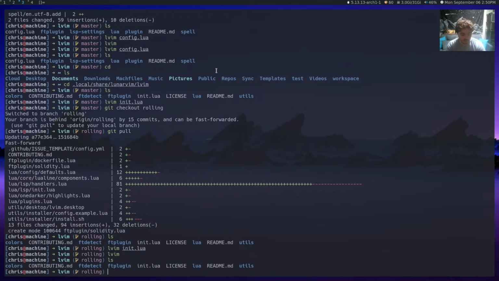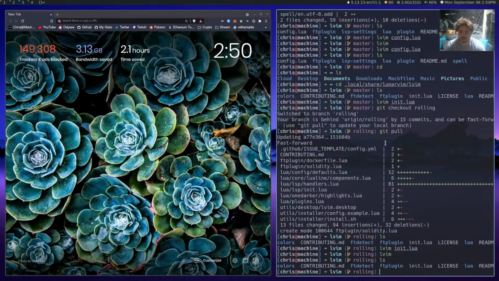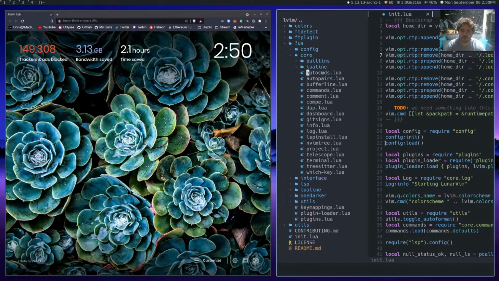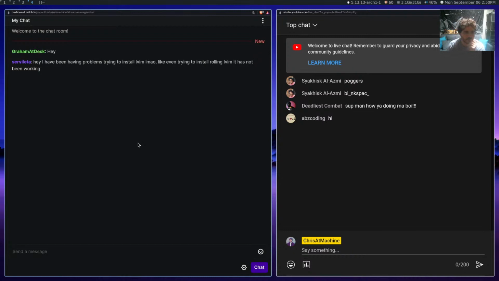Now, let's see. Let's open up a browser. Let's come back over here. Let's open up init.lua in LunarVim. Let's open up core. There are a couple things that might have to change here. I know Compe is obviously going to have to change. We're going to have to rename that to CMP and look for where it says Compe and fix that. And then we're also going to have to look at auto pairs as well, because likely something will have to change there. I can't think of anywhere else. I don't know, ABZ, if you could think of anywhere else, then maybe we might have to change it there too.